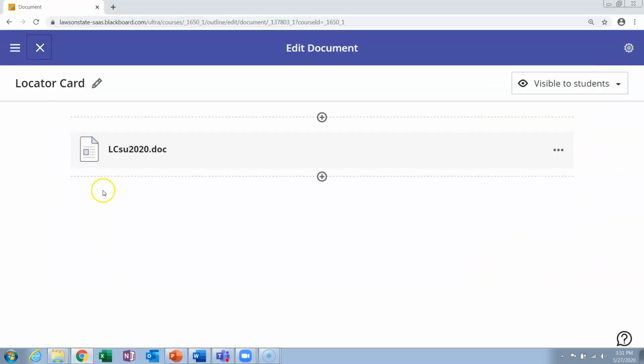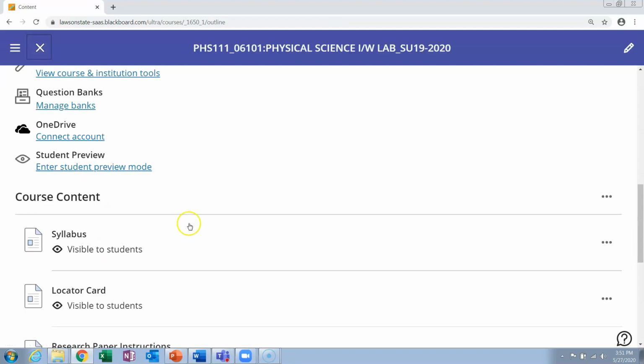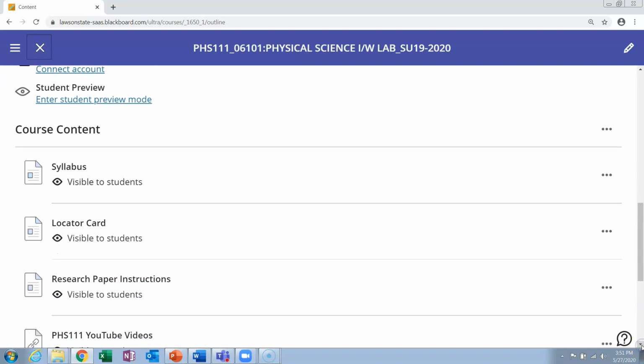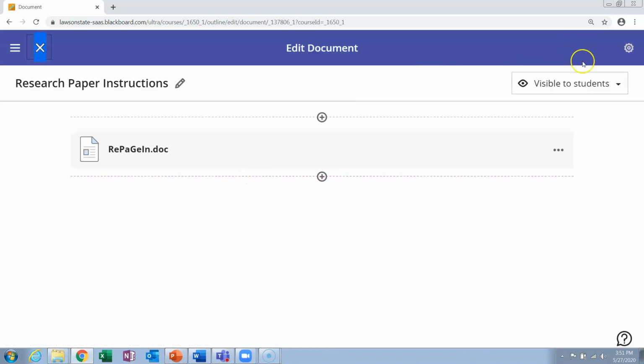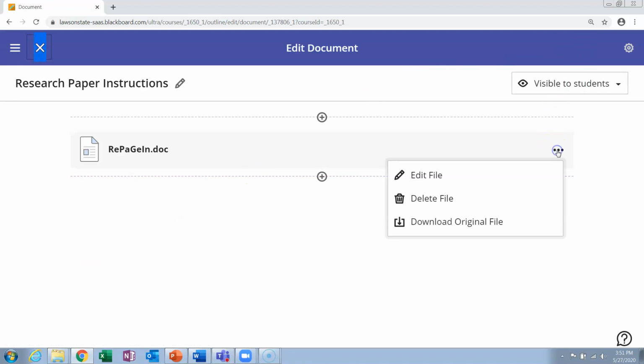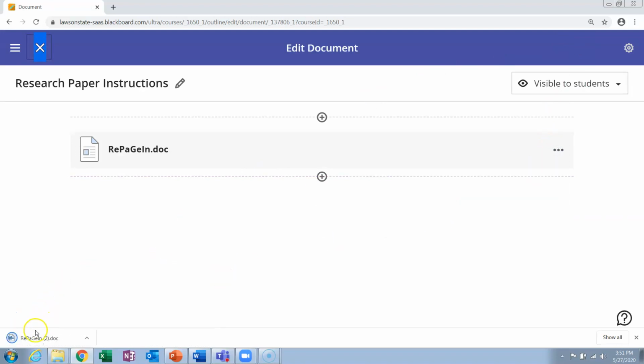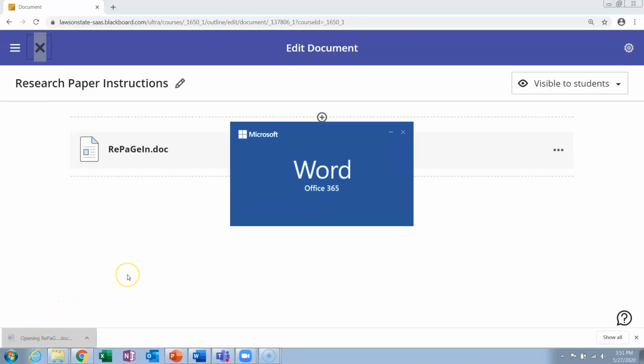Okay, you probably can't see that yet. Let me go close this. And now research paper instructions. Remember, I promised we would do these. So let me click on that, get them to open. Okay.